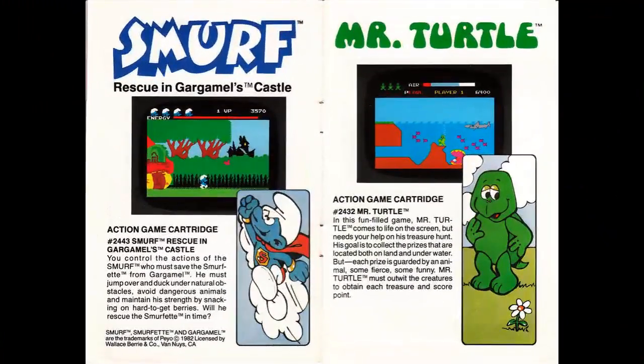And our final game for today is Mr. Turtle, right across the page from Smurf Rescue in Gargamel's Castle. In this fun-filled game, Mr. Turtle comes to life on the screen. Now, who is Mr. Turtle? If any of you know, let me know in the comments section below. I tried doing research, and I see that it's trademarked, but anyway,